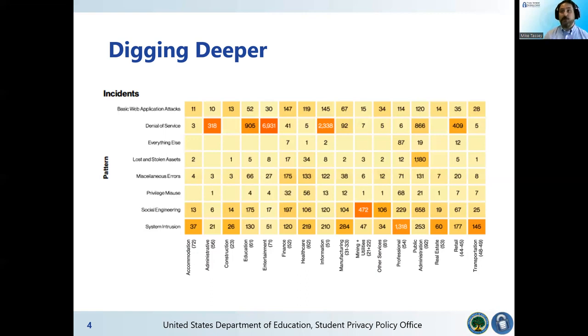With that in mind, this is one report I would suggest organizations make use of all the data that's available, but for the purposes of illustrating how this data can help shape our response, I'm just using this one today. Education here is the fourth column from the left on the screen, and as you can see, immediately some patterns start to jump out as we look at the numbers of incidents and their root causes. When we're talking about incidents in general, remember this is inclusive of all types of incidents. And so there's definitely a couple of big hitters here. We can see the number of incidents involving social engineering and system intrusion, hacking. But the elephant in the room here is clearly denial of service with 900 plus